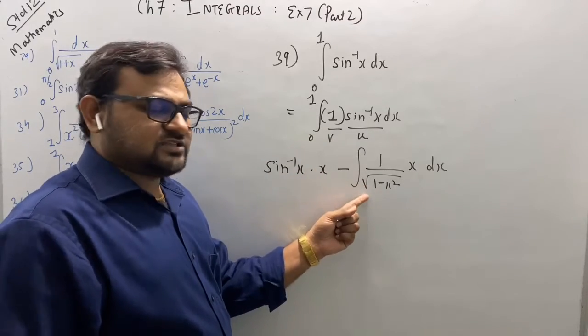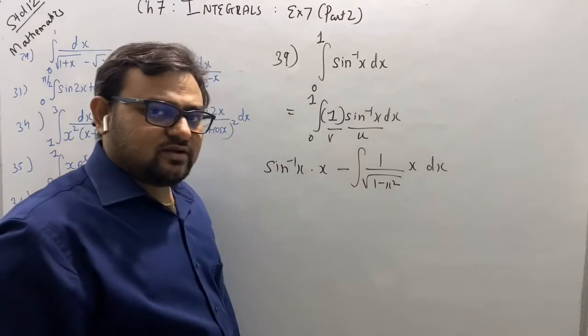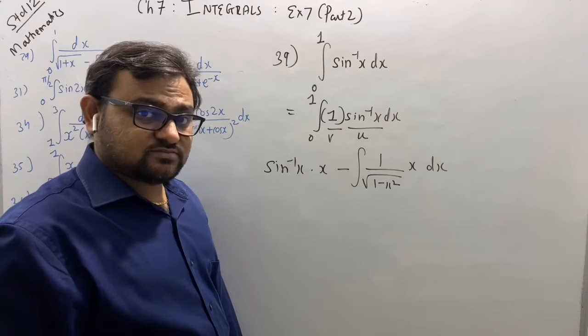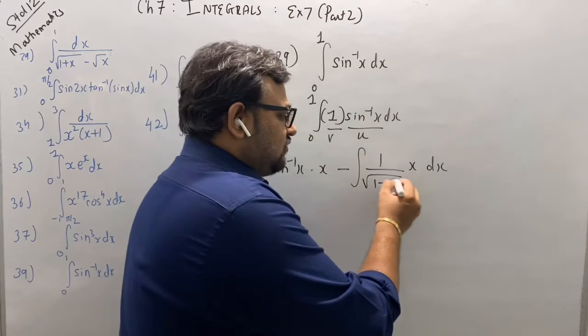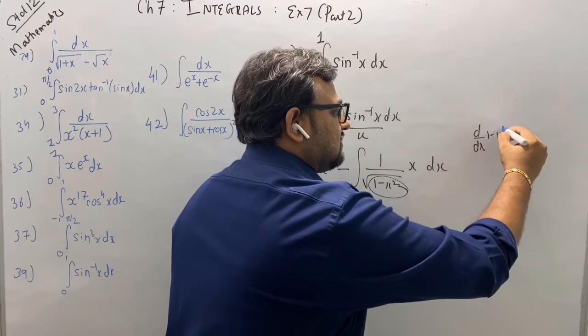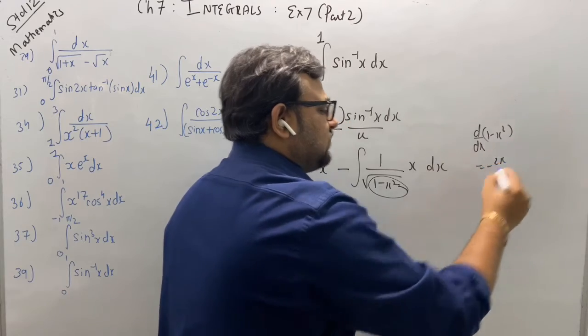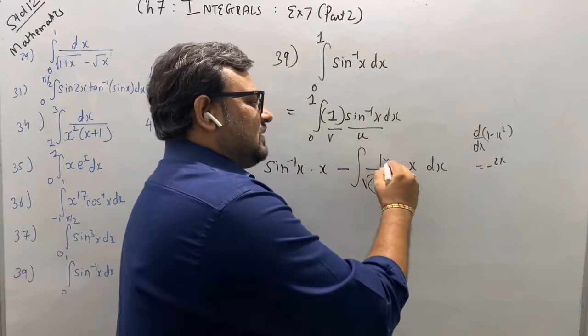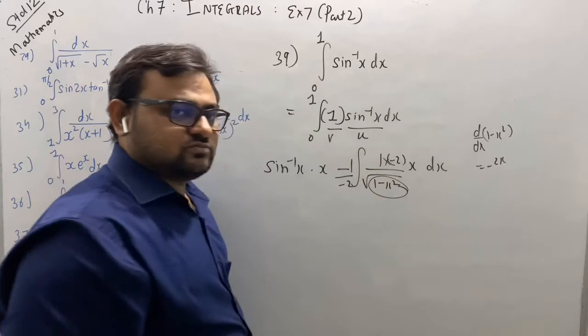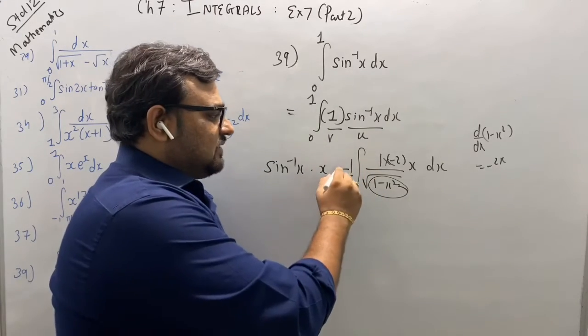How will you integrate this? 1 minus x square, what is its derivative? Minus 2x, right? So just multiply by minus 2, divide by minus 2. You get cancel plus